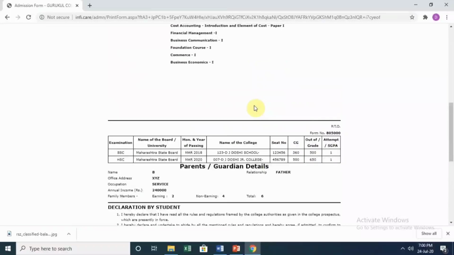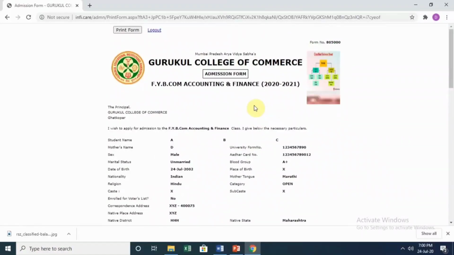Once this is done, you have submitted the form to the college. After this, the in-house students, that is the students of DJ Doshi Junior College and VS Technical, have direct admission as per the schedule prescribed in the notice. Gujarati linguistic minority students from other colleges as well can apply for direct admission as per the schedule prescribed in the notice.